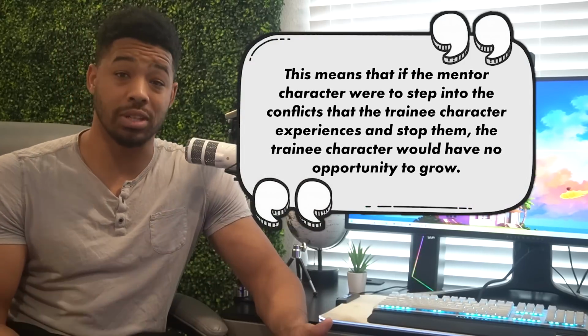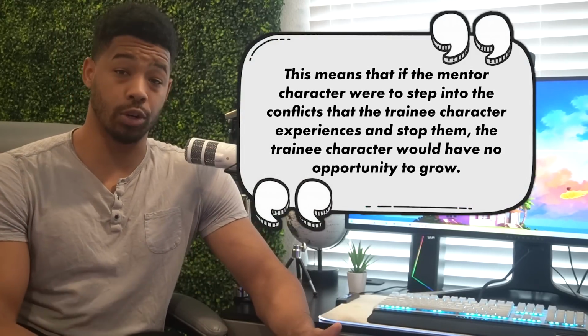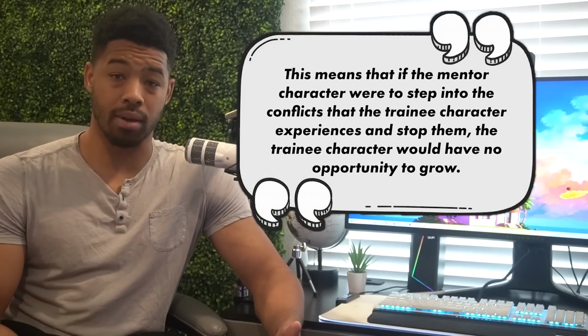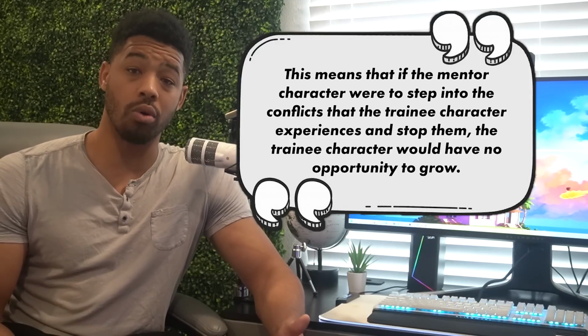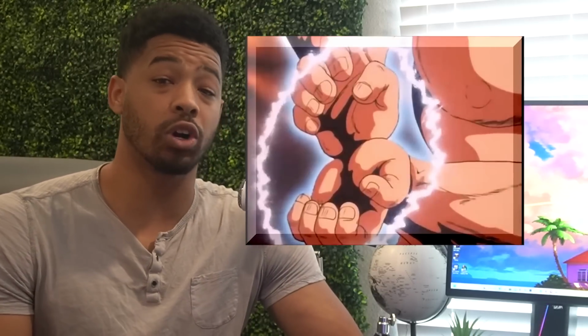Mentor characters usually don't have their own individual goals except helping the trainee come to fruition. This means that if a mentor character were to step into the conflict that the trainee character experiences and stop that conflict, the trainee character would not have an opportunity to grow. All the difficulties would be handled for them, robbing them of the experience to learn new ways to overcome conflict